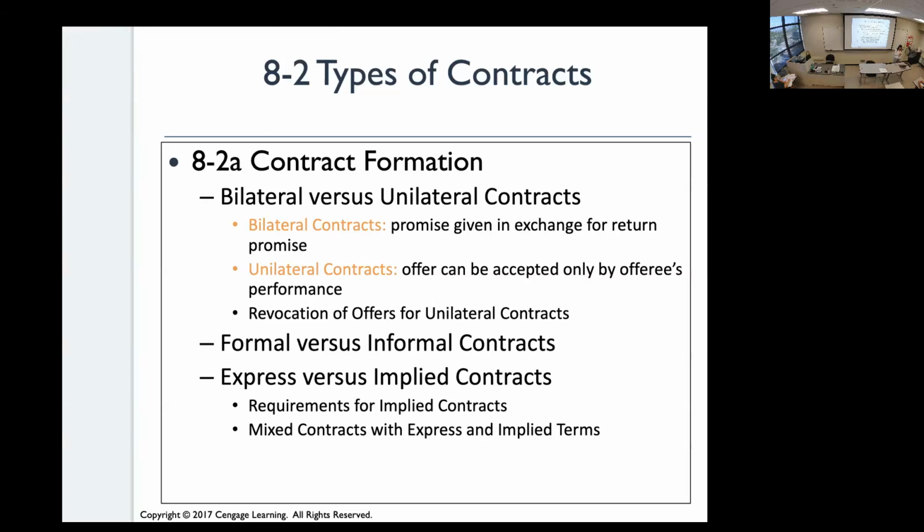A unilateral contract is an offer that can be accepted only by the offeree's performance. So I am offering to sell something on Craigslist. I'm offering my car on Craigslist for a certain amount of money, $10,000. Lots of people are going to see that. A lot of people are going to think that's too much, or I don't have that, whatever. But the person that accepts that offer,